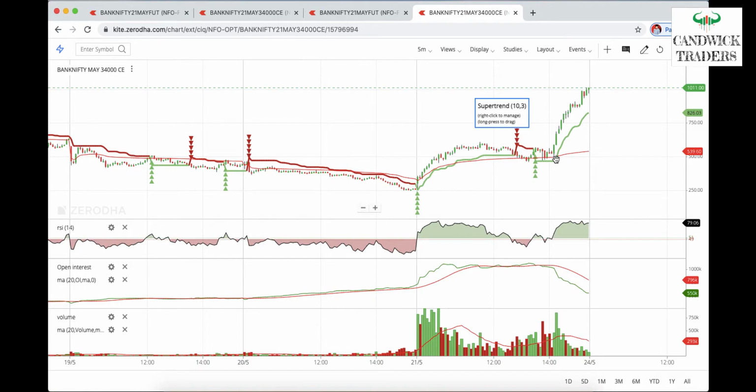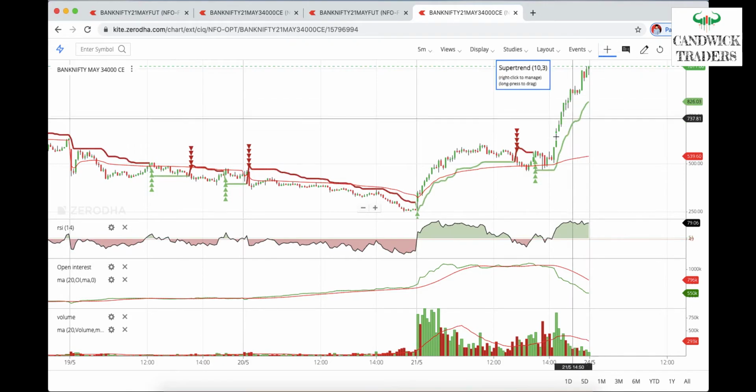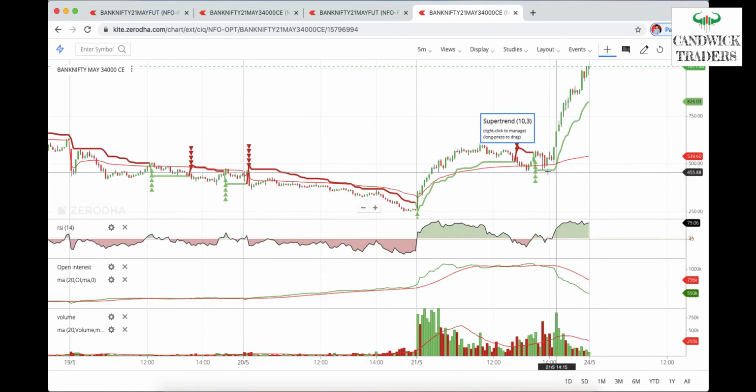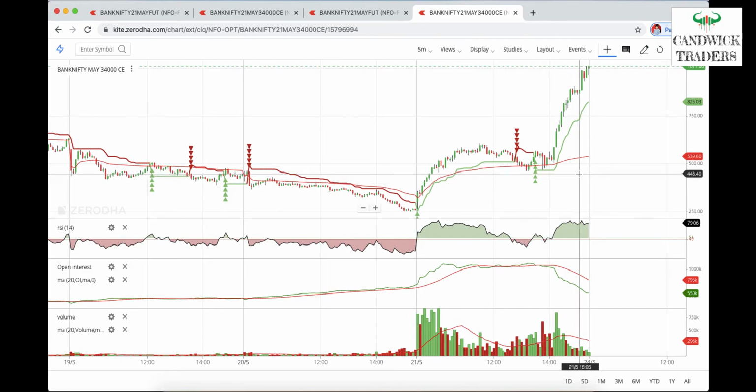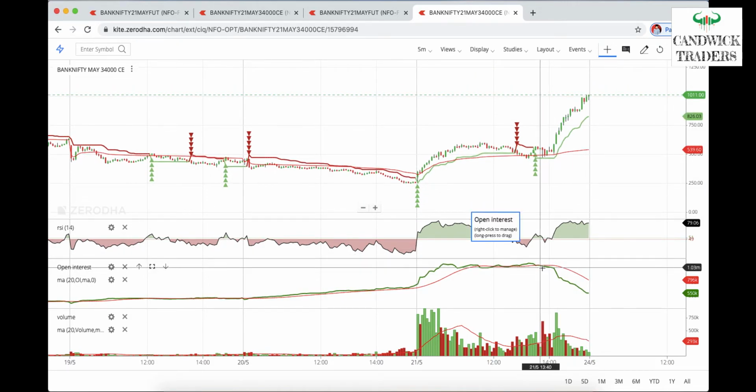And what about the stop loss? Stop loss you can keep 20 to 50 points as per your risk appetite, or the previous swing low. In this case we can take it as this one, or this below also. Okay, in this case the probability is higher actually, but the stop loss will be there. Without stop loss we cannot work in the markets, and this is a high probability setup, because what is the psychology behind this strategy?